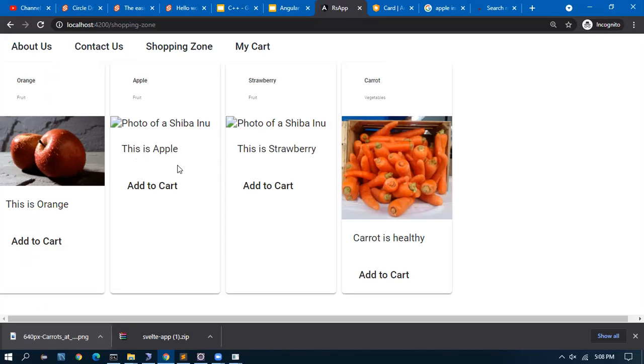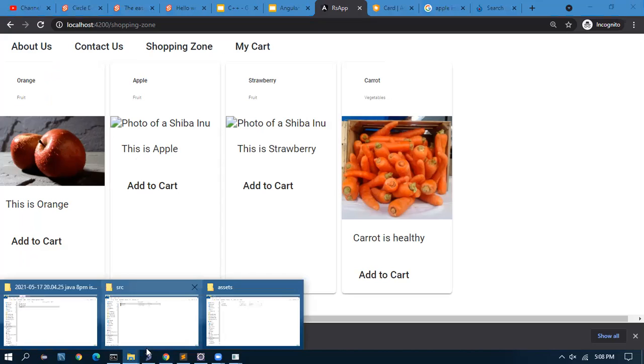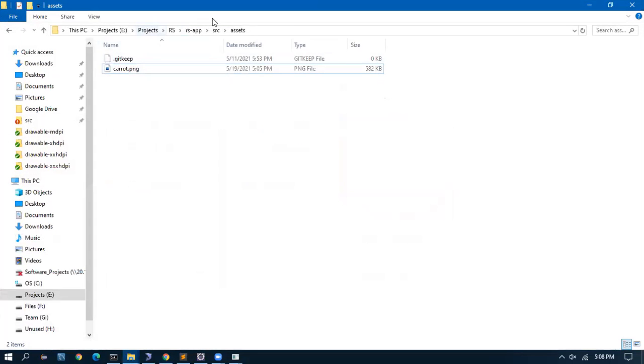It cannot read from desktop. You have to place it inside the assets folder. Assets means all the images, any static content you want to deliver in the website, you have to place here. Because a website cannot read a local folder. It is security. The browsers are not allowed.